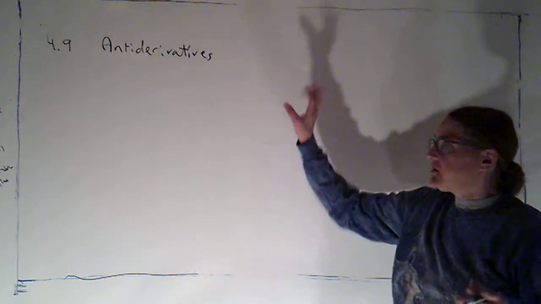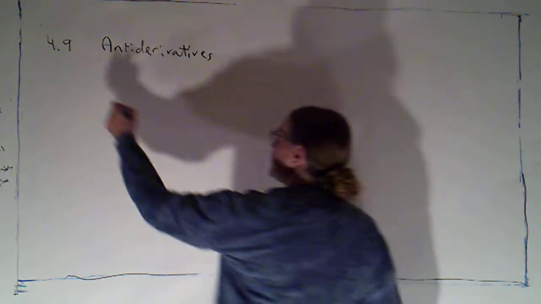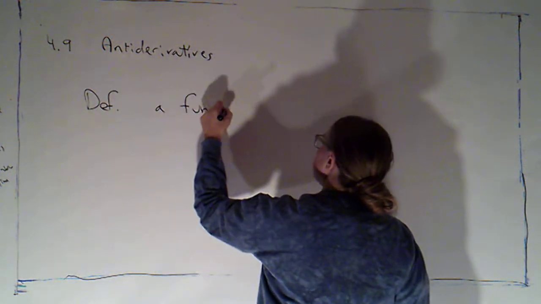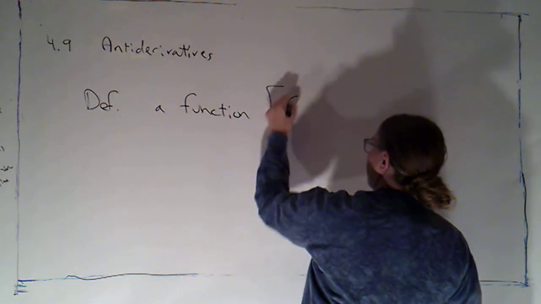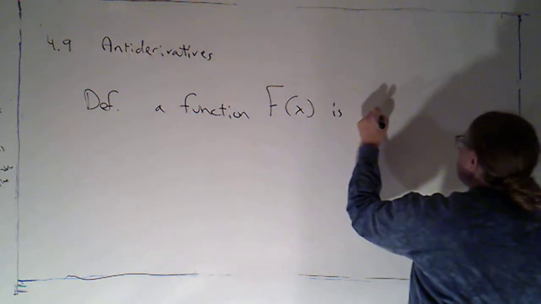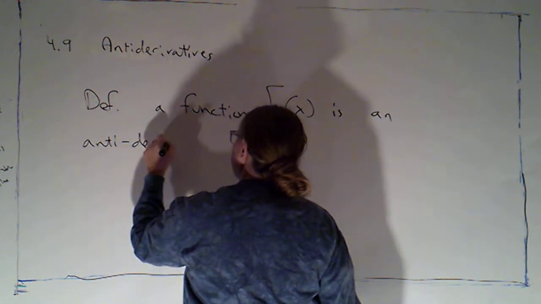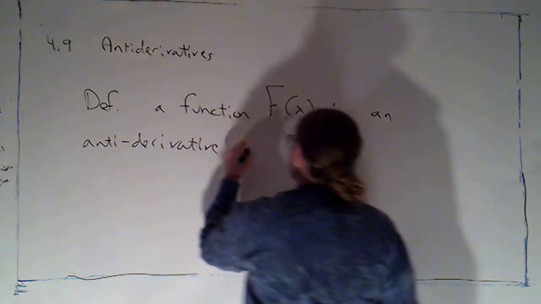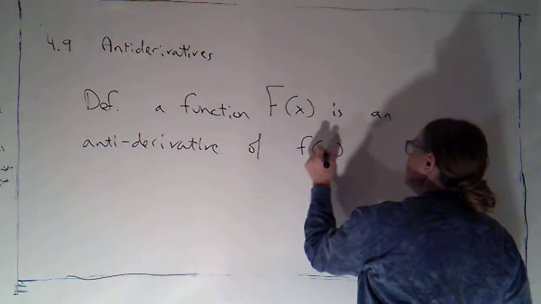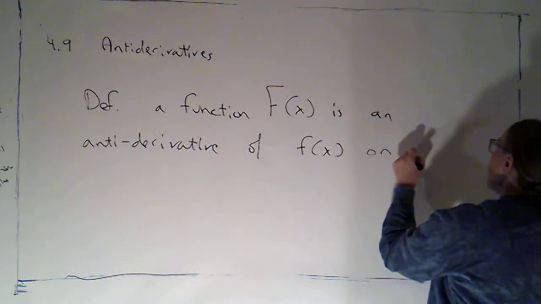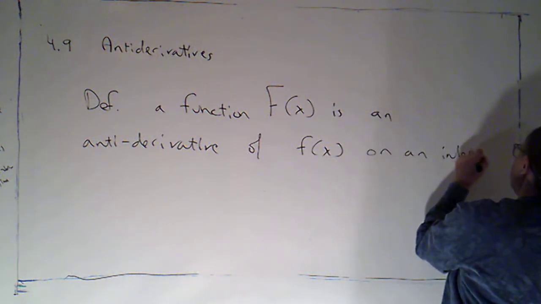We're ready to start section 4.9, which is on something called antiderivatives. So I need to define what an antiderivative is. So we begin with a definition. A function capital F of x is an antiderivative of a function that I'm going to write as little f of x, on an interval